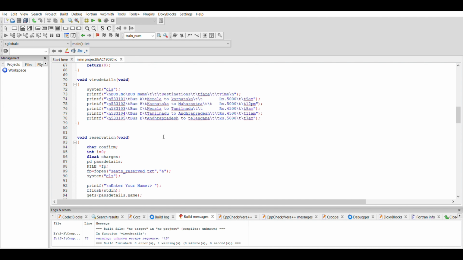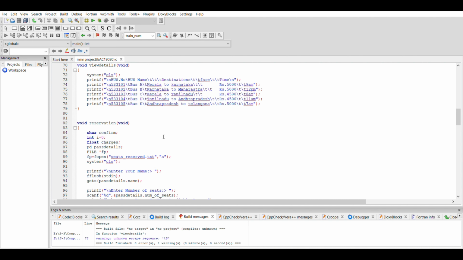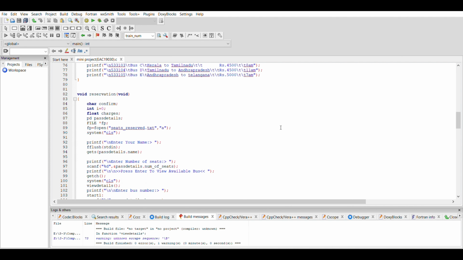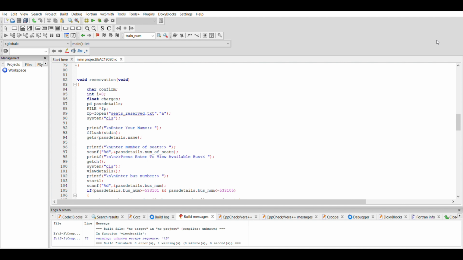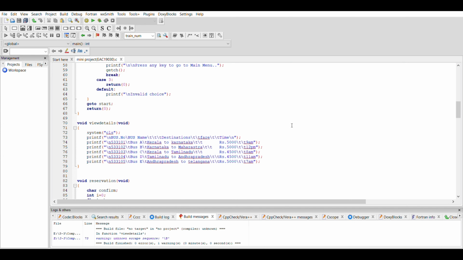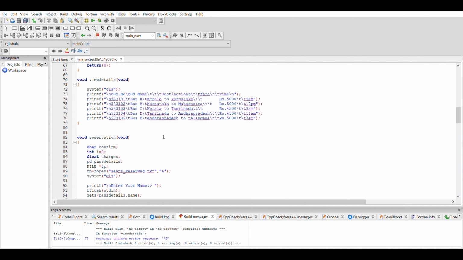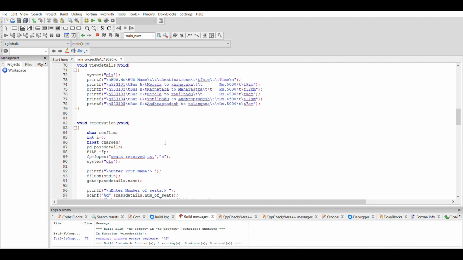And the second function is the reservation function.